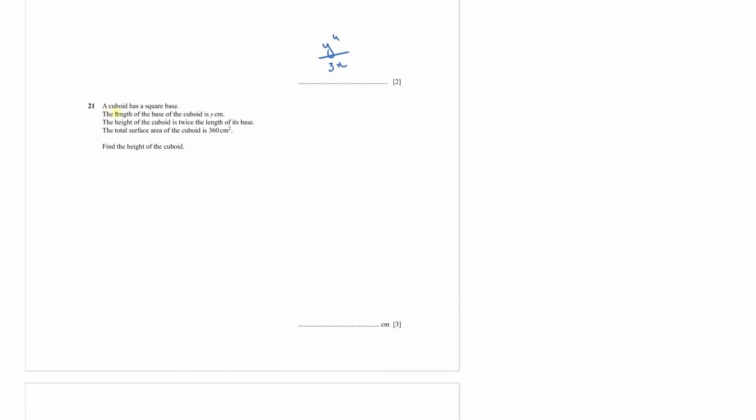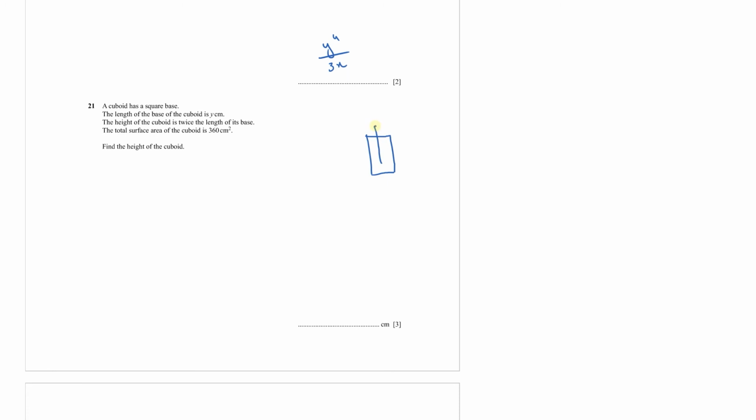Question number 21: a cuboid has a square base. The length of the base is y centimeters and the height is twice the length of its base. You're given the total surface area, which is 360 centimeters squared. So let me quickly draw this